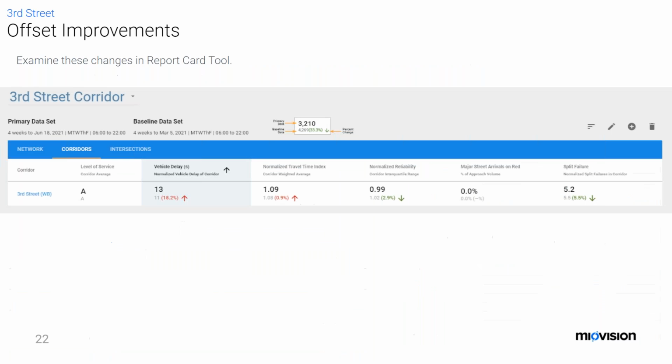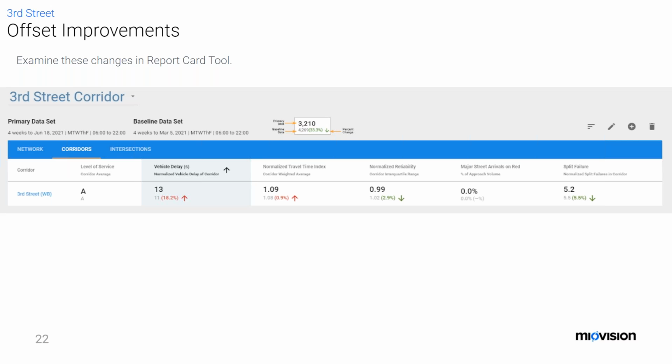Just the last part of that. In our last session, I believe we talked about the report card tool and how you can use it for before and after. In this case, I wanted to see what the report card tool looked like, since it shows a lot of travel time metrics. And like I said, travel time didn't change much. It's the case here too. It's not anything super significant since it was more of a volume thing, but we'll just go through this example anyway.